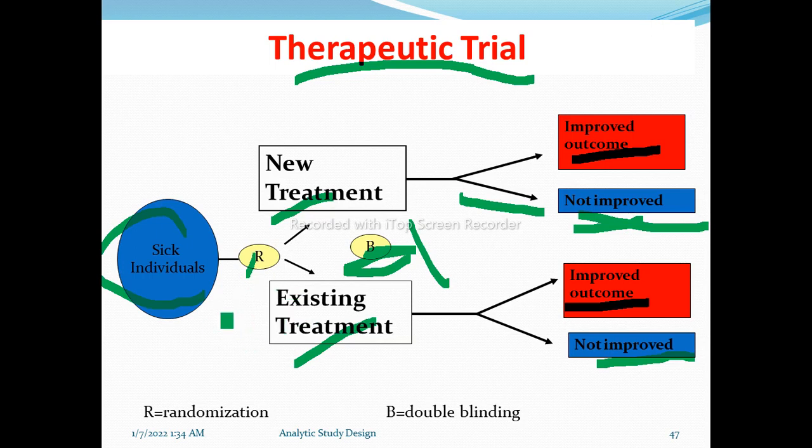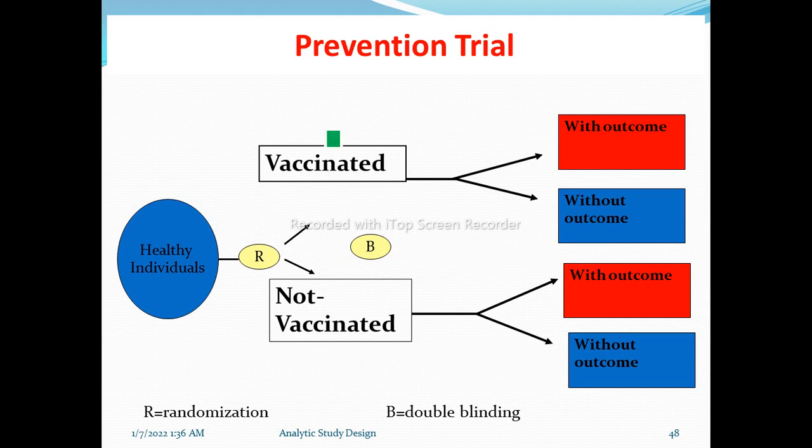So the other main characteristics, in addition to always being prospective and having manipulation, are random sampling or randomization and blinding, which are also distinctive characteristics of experimental study design. So in the case of a preventive trial,